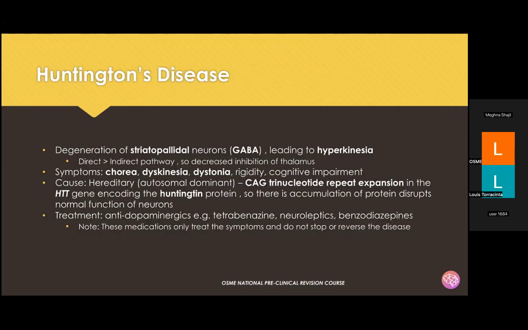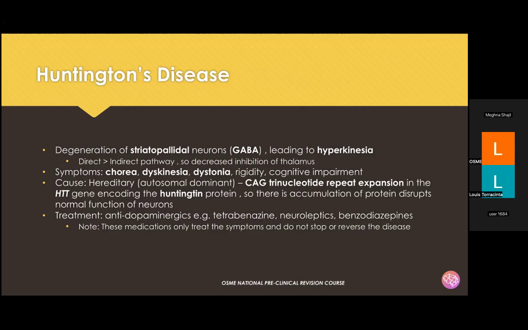We talked a bit about Huntington's, so degeneration of the striatopallidal neurons. So you lose that inhibitory GABA, leading to hyperkinesia. So it's very heavy input of the direct pathway versus the indirect pathway, and you get decreased inhibition of the thalamus. This results in way too much movement. You can't stop your movement. You get this kind of dance-like movement, and the cause is a CAG trinucleotide repeat expansion in the Huntington gene, which causes the encoding of the Huntington protein, and there's then an accumulation of that protein which disrupts the normal functioning of the